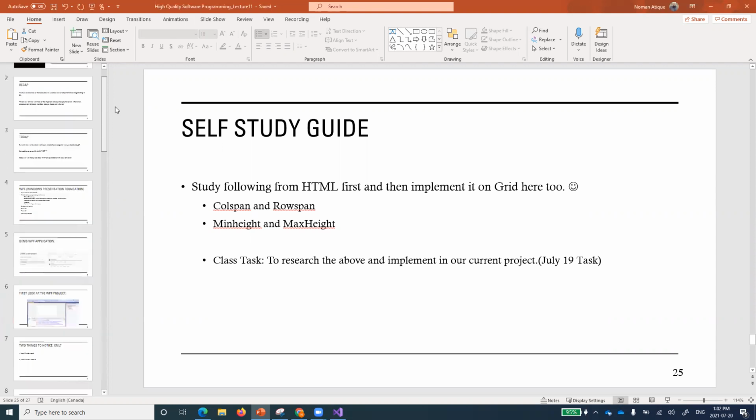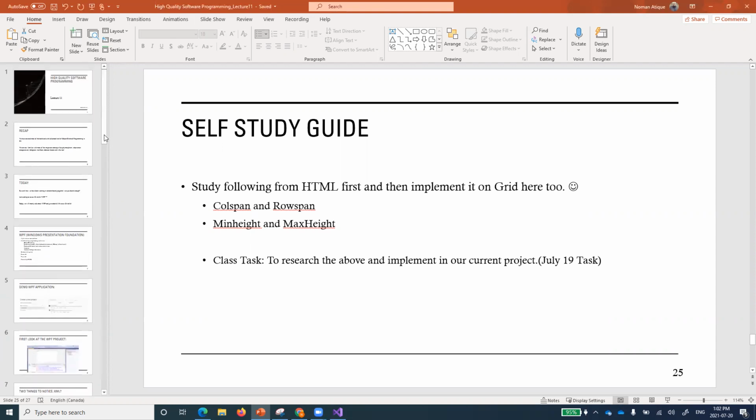And today we'll try to create one application that might include a lot of concepts, and then we'll build up upon that project. That project we will just keep building up upon.